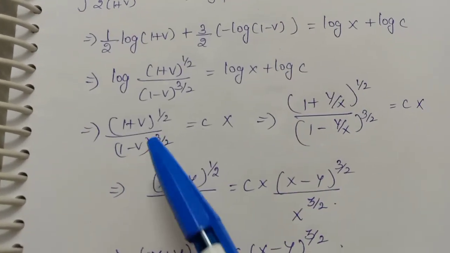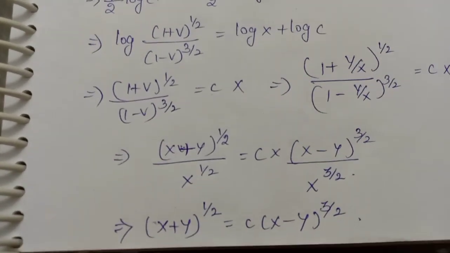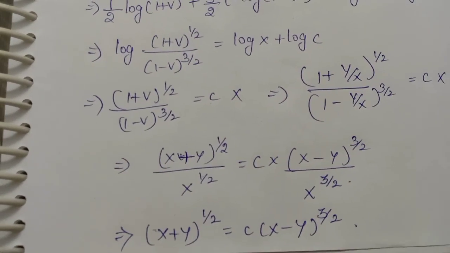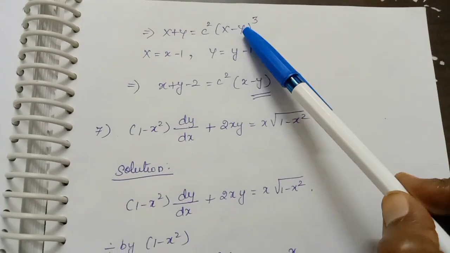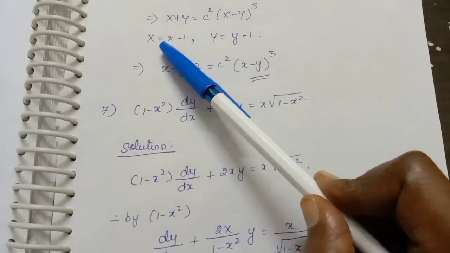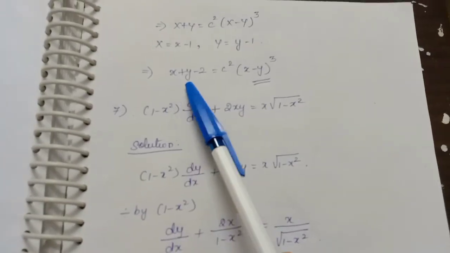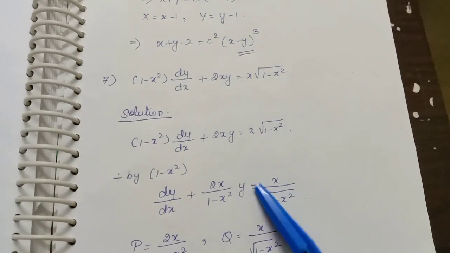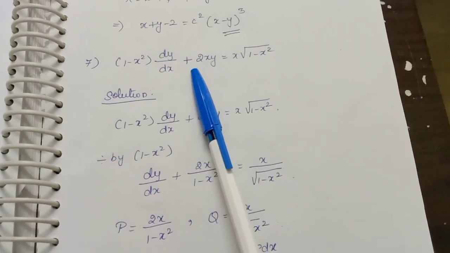So substitute v equal to y by x. Simply, what you are getting: (x plus y) the whole power half equal to c into (x minus y) the whole power 3 by 2. Removing that power half, we have to square on both sides. So x plus y equal to c square into (x minus y) the whole cube. Now you substitute capital X equal to x minus 1 and capital Y equal to y minus 1. So what we get? X plus Y minus 2 equal to c square into (X minus Y) the whole cube. That's all. Then next problem: